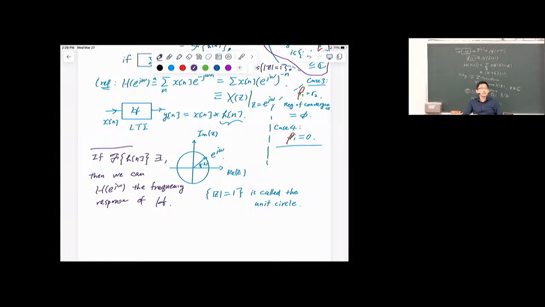In the sense that now the output spectrum equals the input spectrum times the frequency response. Our output spectrum will equal X times the frequency response function. Okay,